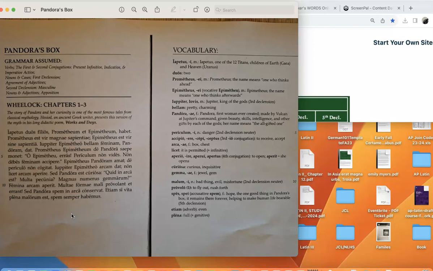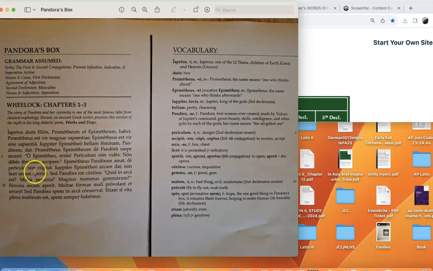This tutorial will also provide a good review and preparation for your first test this week. Here we have a text of Pandora's box, the famous myth. Here we have a brief description: the story of Pandora and her curiosity is one of the most famous tales from classical mythology. Hesiod, an ancient Greek writer, presents this version of the myth in his long didactic poem, Works and